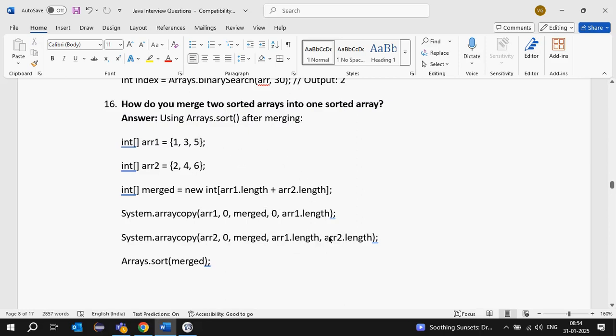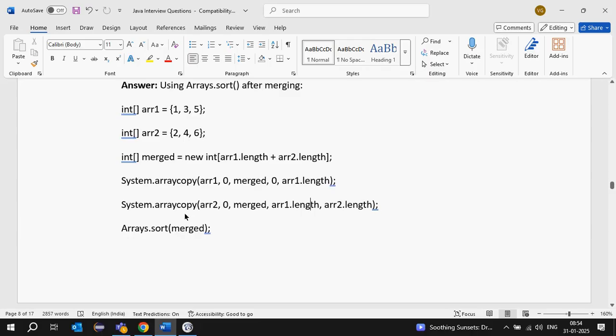From the third position to the last position, array2.length. From the starting position to the end position we have to copy.